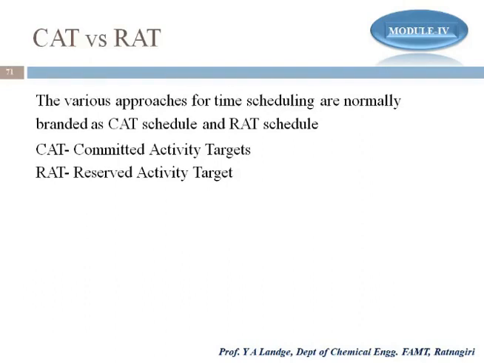Just like we are targeting the activity A to be completed within, say, 7 days, and one day we keep as a reserve, so that it will be there on the 8th day. If it is possible, then it's okay. It means the 7 days that we are committed to complete that activity, but we put one extra day as a reserve day, so we say that the activity would be completed within 8 days, maximum 8 days. But unfortunately, if the same thing happens continuously, and rather than 8 days it requires 9 days,